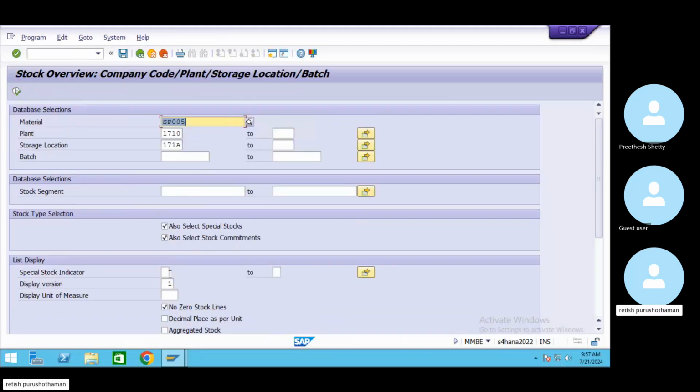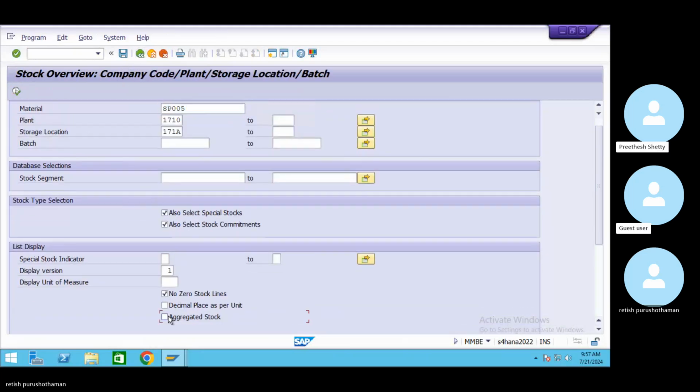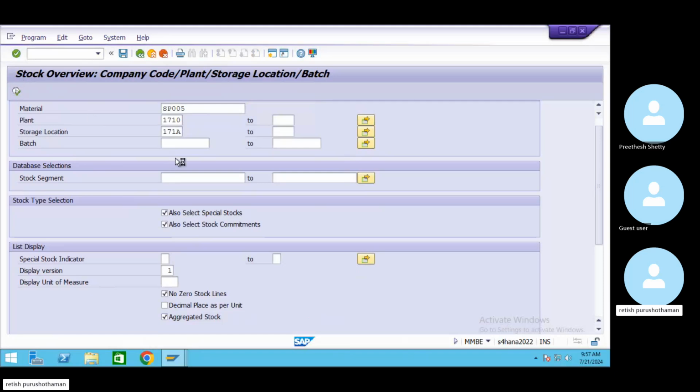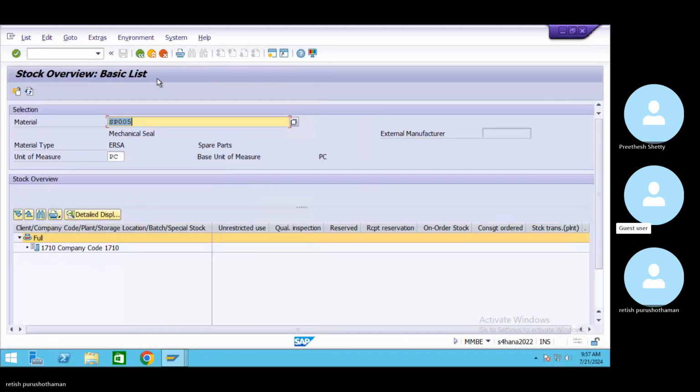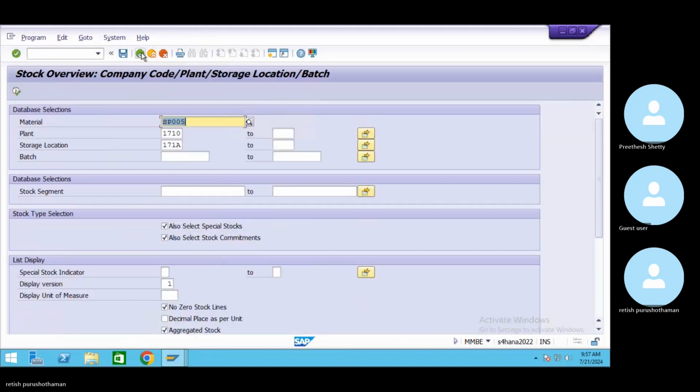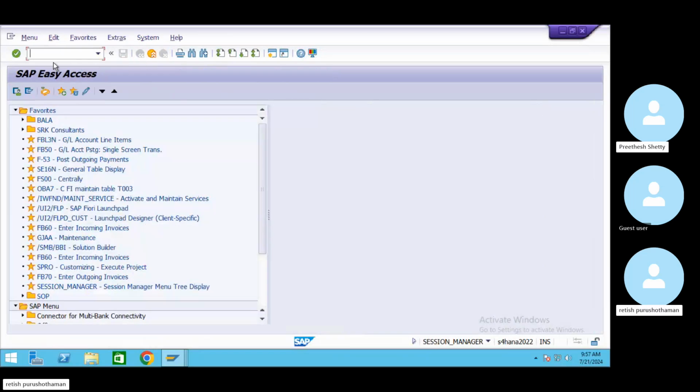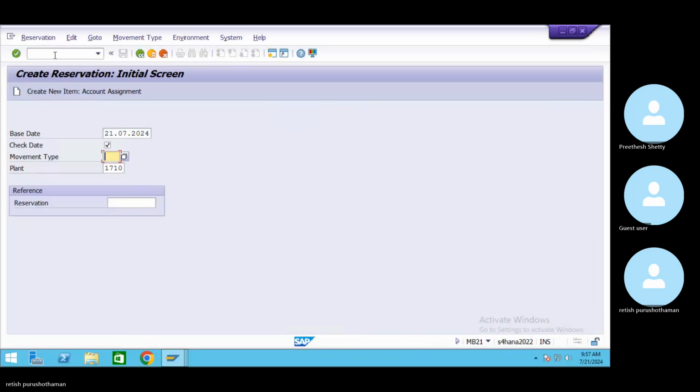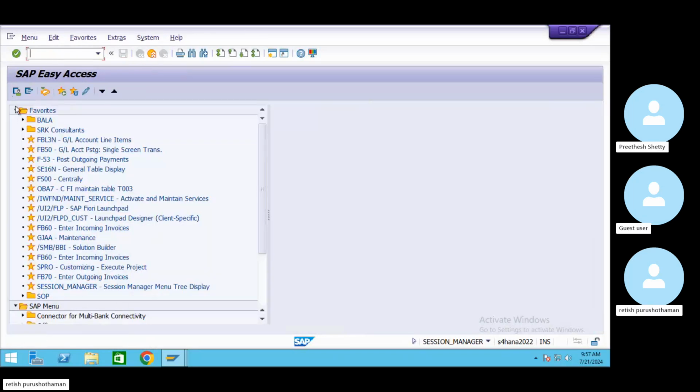Where did it go? Did it go into aggregated stock or somewhere? MB20. T1, there was something we used to check. No, this is create reservation. Wait, let me go to